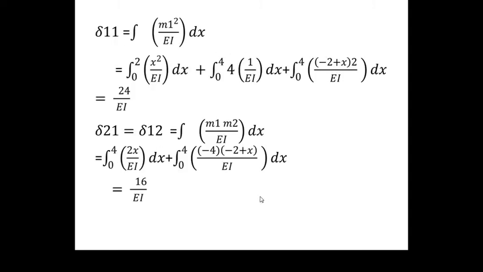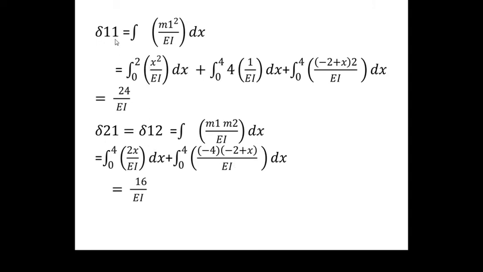Then similarly we can calculate delta 3L, which is equal to the integration of M3 divided by EI into dx. Delta 3L is equal to the integral from 0 to 4 of 15x cubed by EI, that is your M value, plus the integral from 0 to 4 of 50x plus 240 by EI dx. We are integrating this value, we are getting that delta 3.